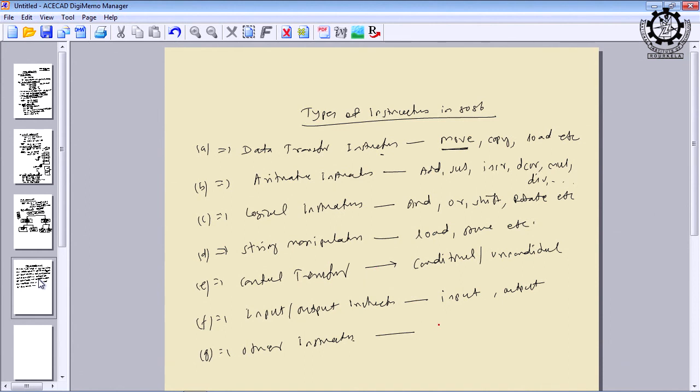What are those instructions? Set and clear flags. You may want to clear all flag bits to zero. There is an instruction available for that, usually used in the beginning of the program, when we clear all the register contents. Then stack operations and software interrupts.